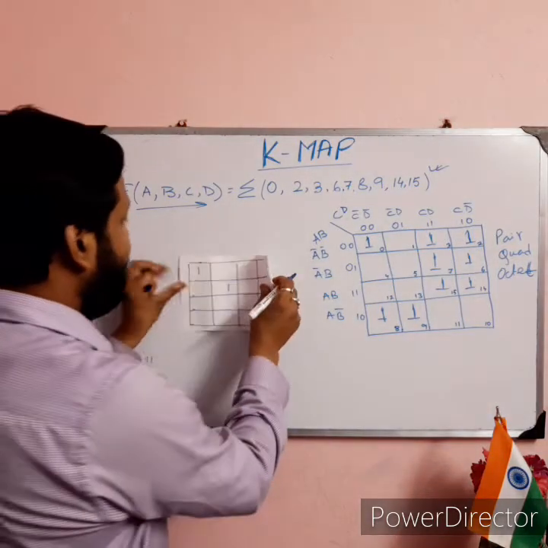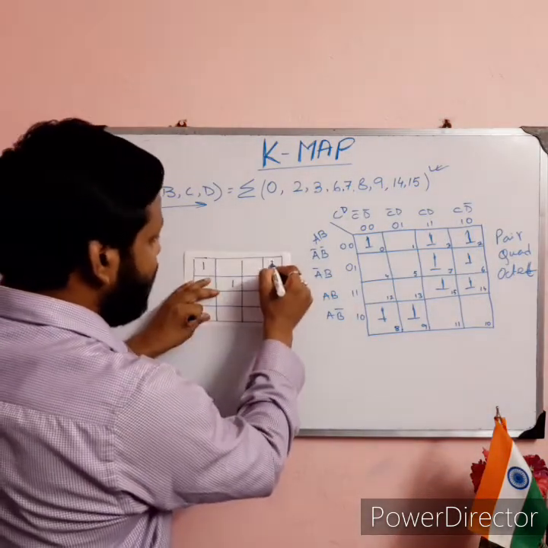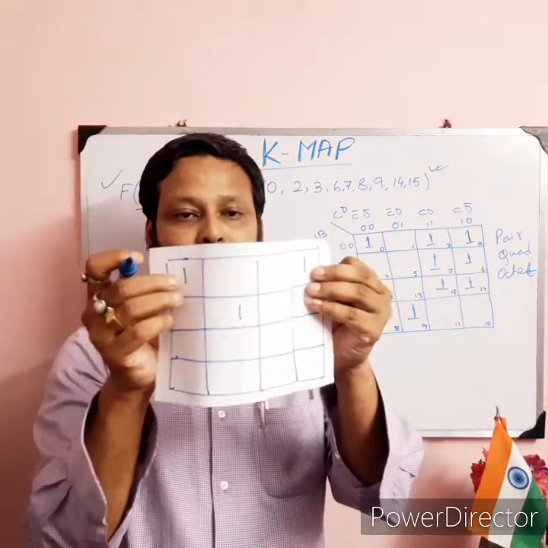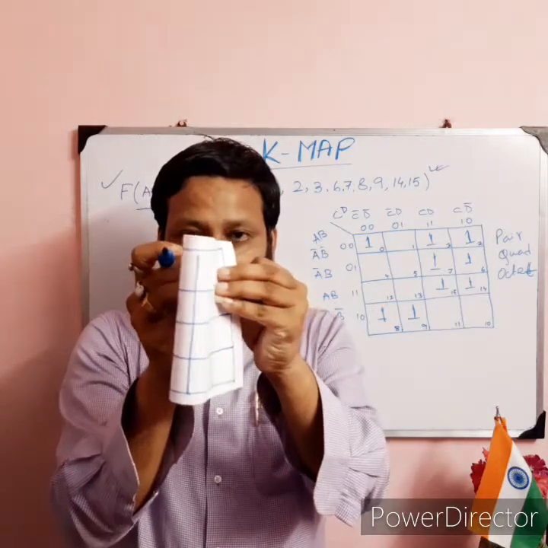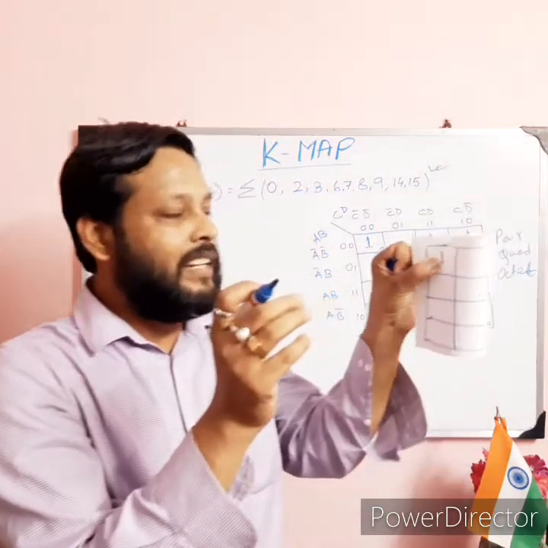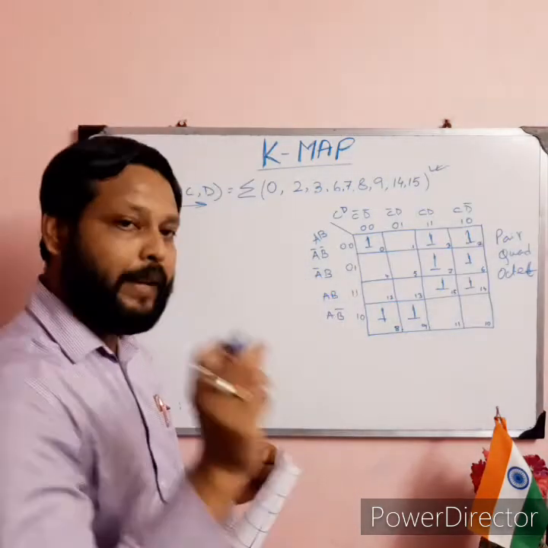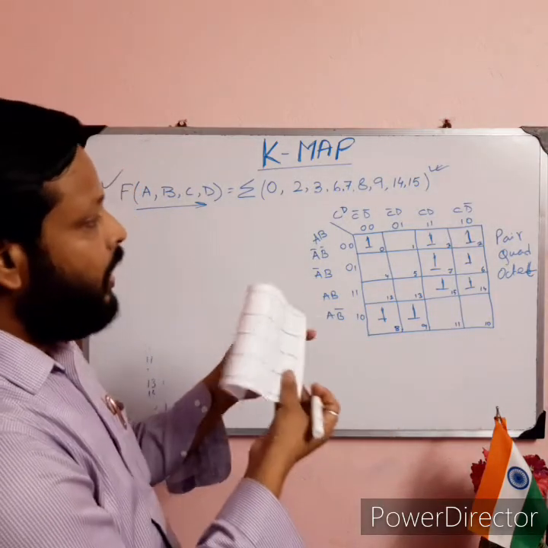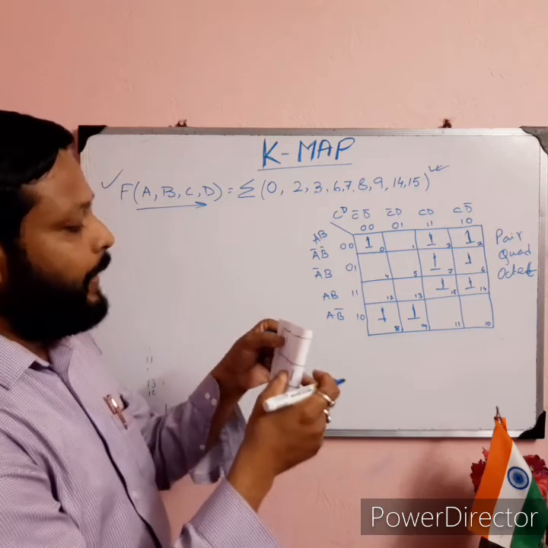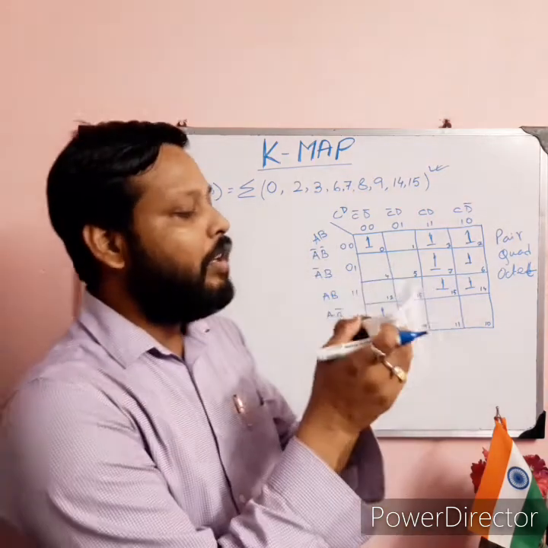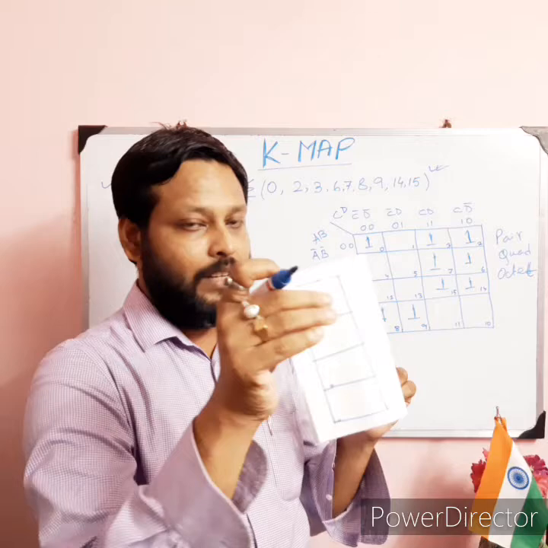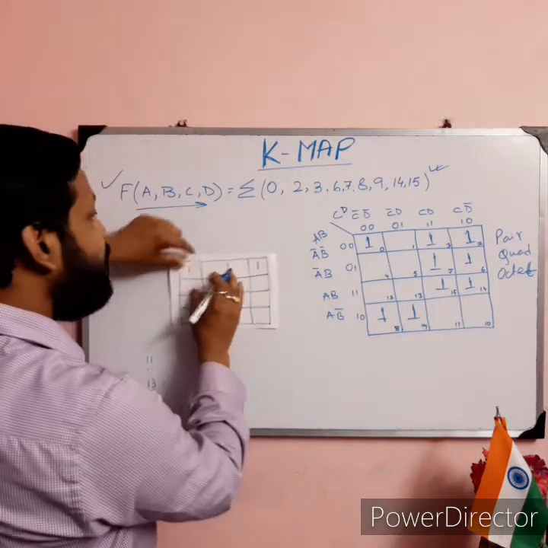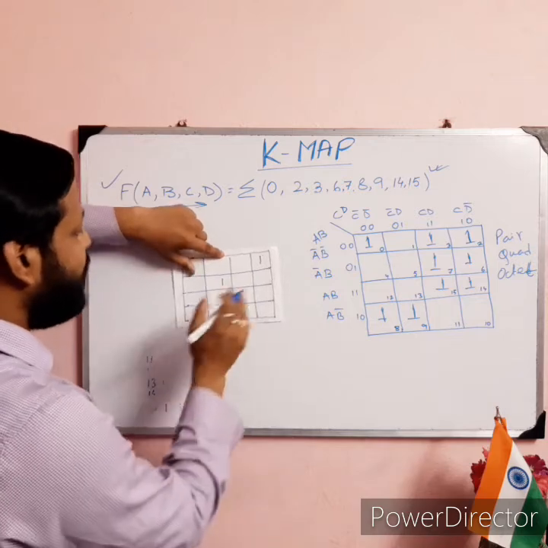But if we have one here, then these two can create a pair, because if we fold it from the middle, both ones are in the same positions. That means in case of pair, if you take this paper as a tool, after one fold both are in the same place, then we can consider it a symmetric form. For quad we have to fold twice, for octet we have to fold thrice.